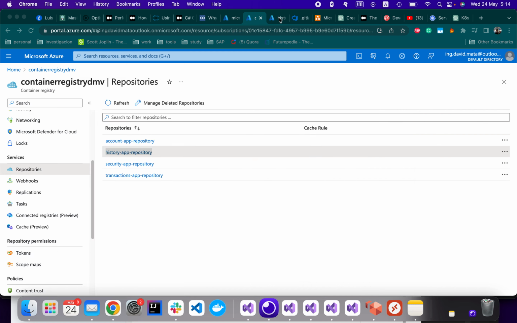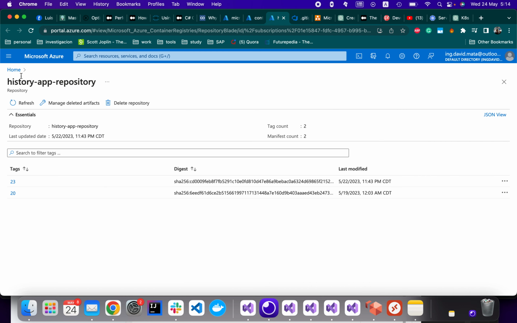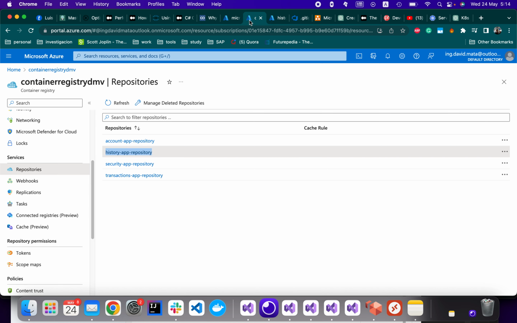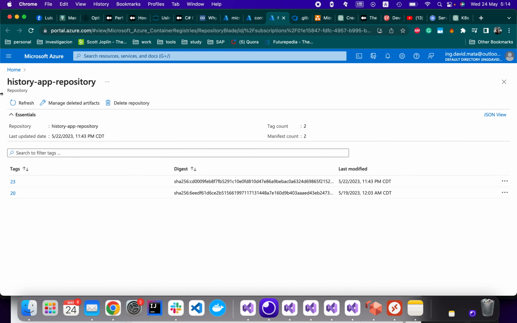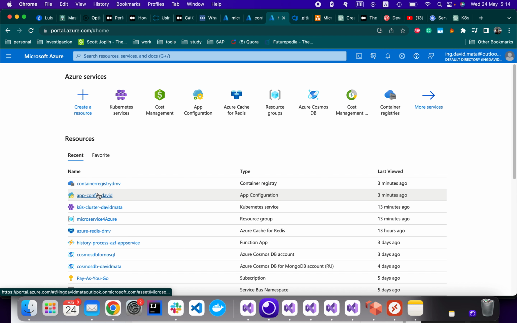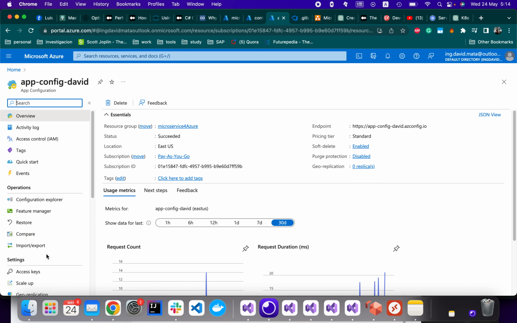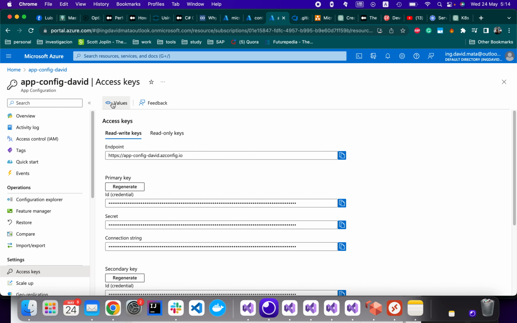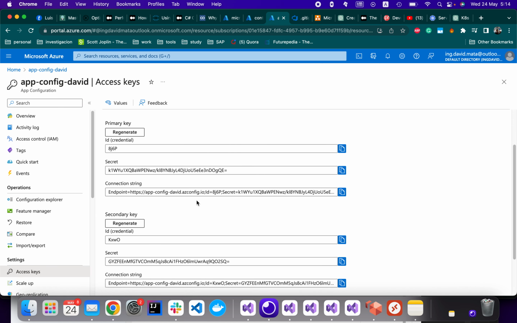So for that, we also need to go to the app config, access key, copy the connection string,